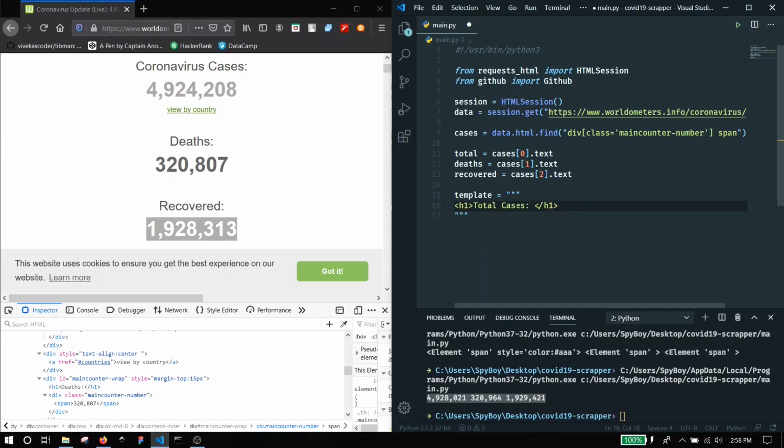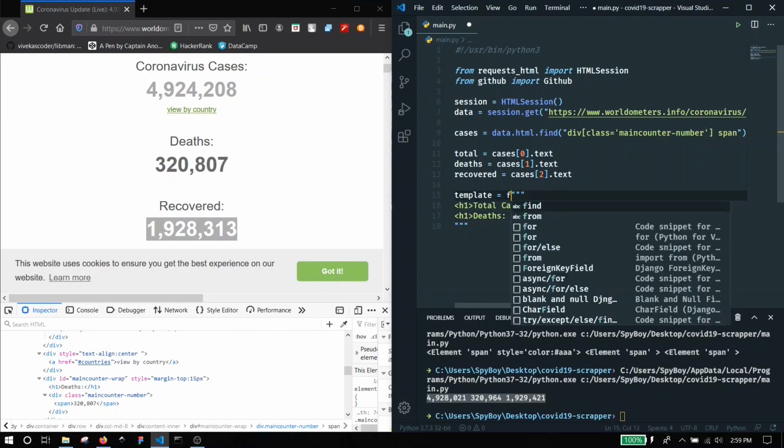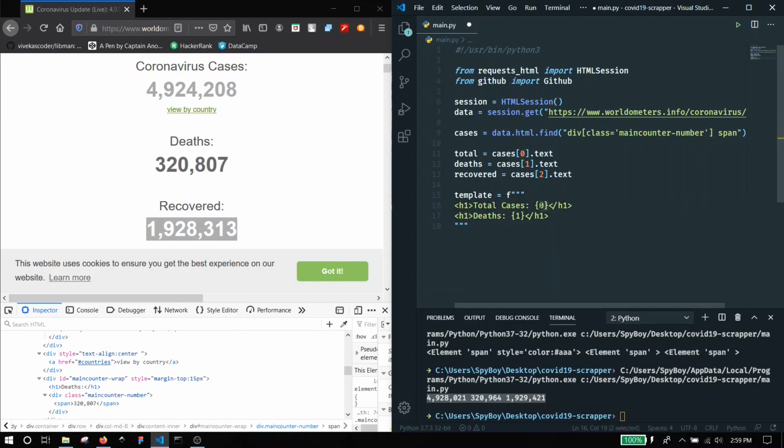In the first line we're going to have a h1 tag which actually signifies the total number of cases. So here we are going to use the dot format method of strings to give the total cases and deaths and the recovered. So now let's make the third line. It's going to be recovered, and let's say in the curly braces too.